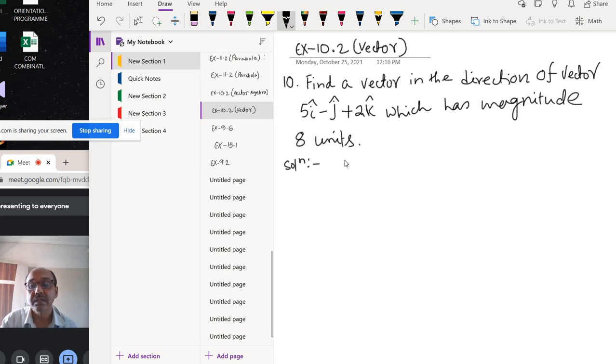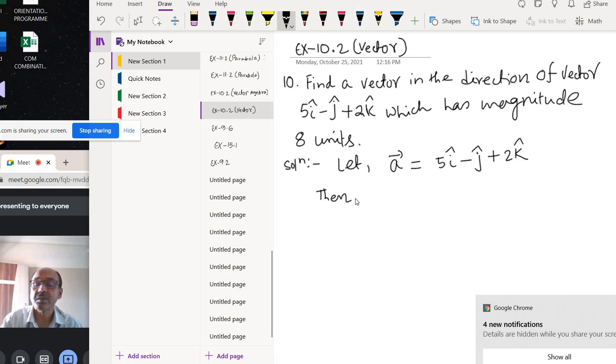Let vector A equal to 5i minus j plus 2k. Okay, then magnitude of A,